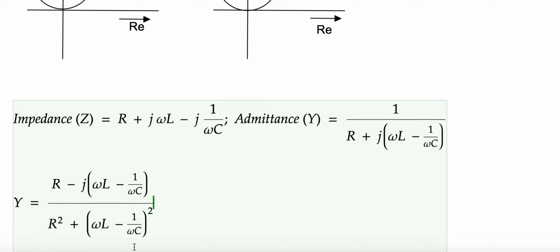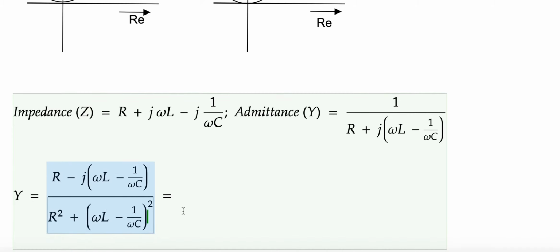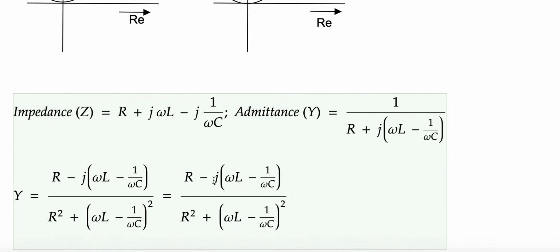No problem with the change in frequency, it is just real. But in the numerator you have both real and imaginary components. Let's write them independently: R minus j omega L, and this becomes R plus j times 1 by omega C. Both ways the meaning is the same.